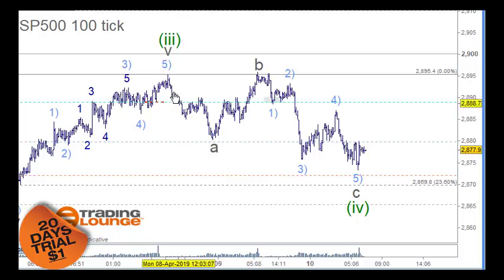So it counts best as a little ABC for the A wave here, and ABC for the B wave here, and then 1, 2, 3, 4 and 5 here, with 5 waves in this structure. So what I'm saying is that we should see the market push up from here. So the long trade should be